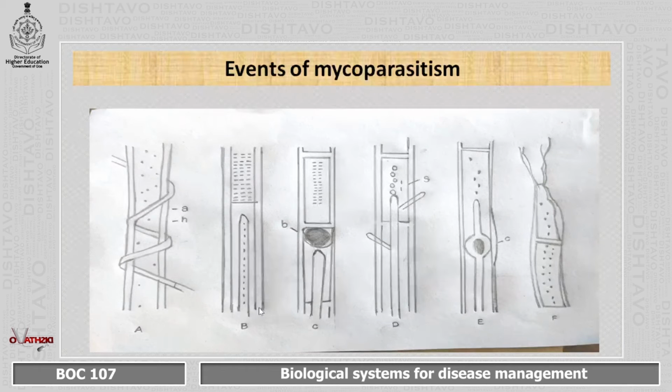Next, you can see the cytoplasm accumulates to form a spherical, irregular or elongated structure, and therefore the hyphae of the antagonist cannot pass through the cell wall inside this. Later, the post infection event leads to penetration into the cell due to degradation, and later on it will form a chlamydospore, formed by the antagonist.